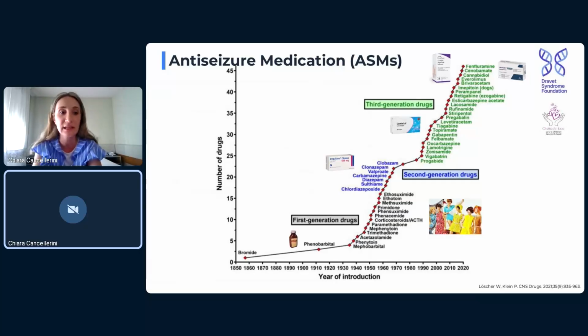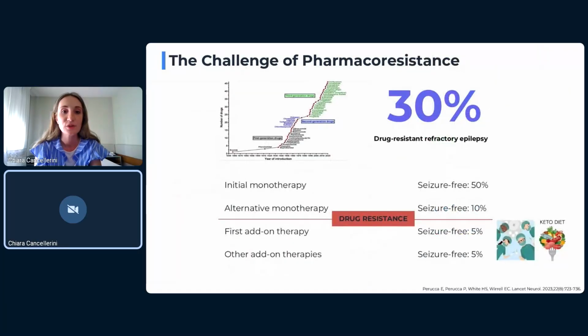More recently, the therapeutic landscape has been further enriched with cenobamate, which is highly efficacious in focal seizures, and fenfluramine, a fascinating case of a drug that was originally developed as an appetite suppressant and is now repurposed for rare epilepsy syndromes like Dravet syndrome and Lafora disease. So it's true that we have a broader